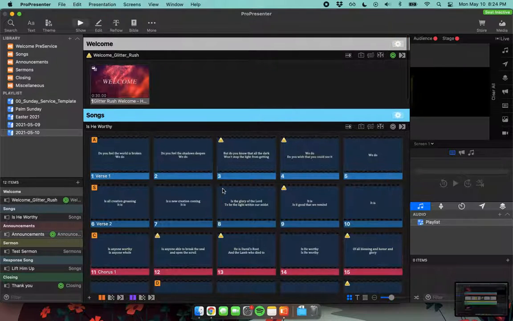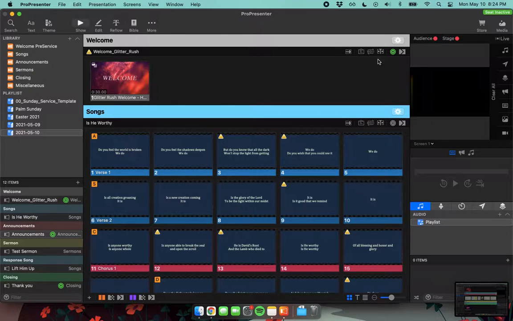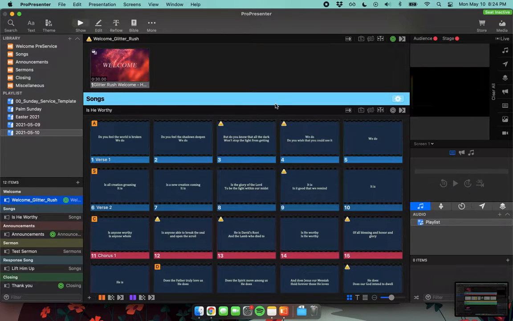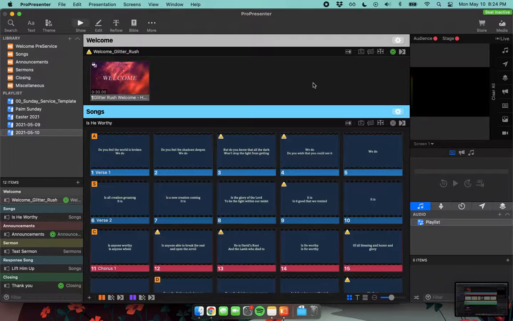Let me walk you guys through service. So if you notice, some of these sections have a green circle. So right now I only have one display, but at church we'll have 2. So when you first start, these are preset. So right now, if you do announcements, it'll actually take up the whole screen. So that's what we want for the welcome and announcements and closing. We don't want to show any of our cameras, so it'll just be